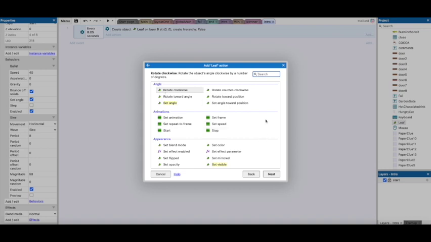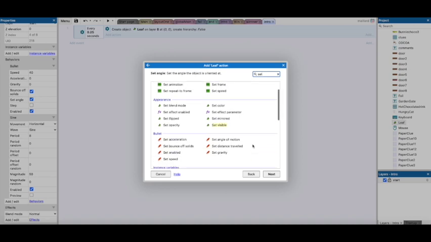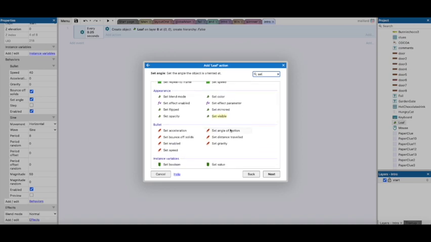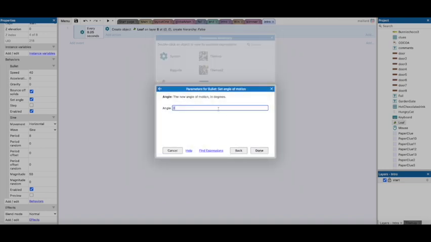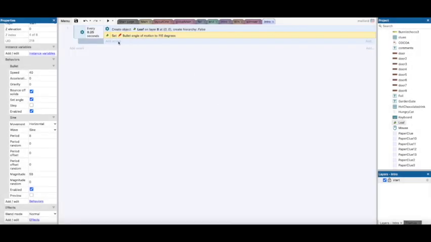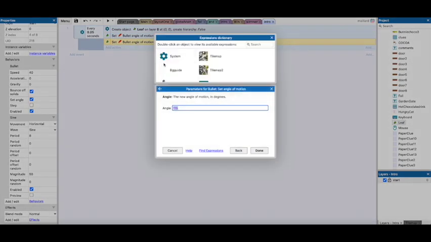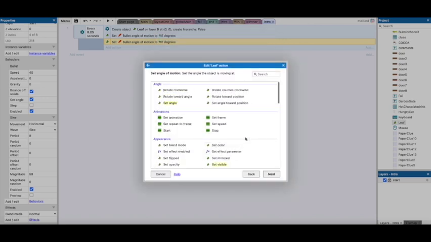Set bullet angle, 115 degrees. And I'm just going to copy this and paste it because it's another bullet. And then I'm just going to change this to choose a random animation, so it either comes out green or brown. So what I want to do is set animation